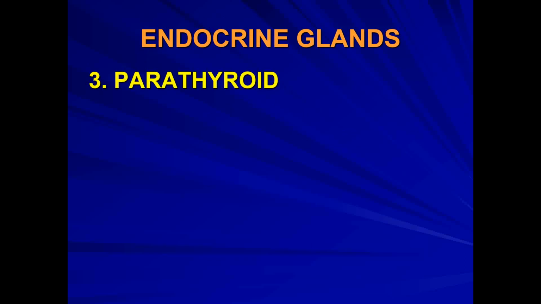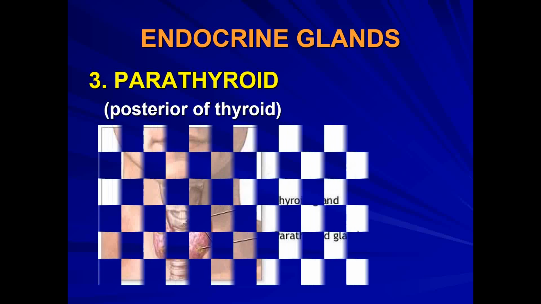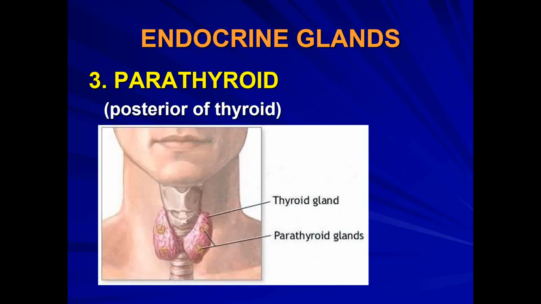Our third endocrine gland is very similar in name to the second one. Instead of the thyroid, it's the parathyroid, and it's actually located in the exact same location. In fact, the parathyroid tissue is stuck to the backside, the posterior, of the thyroid. So in the neck, the pink tissue is the thyroid, but the yellow or golden tissue in this diagram, we see little patches of it. That's parathyroid. It's on the backside of the thyroid.